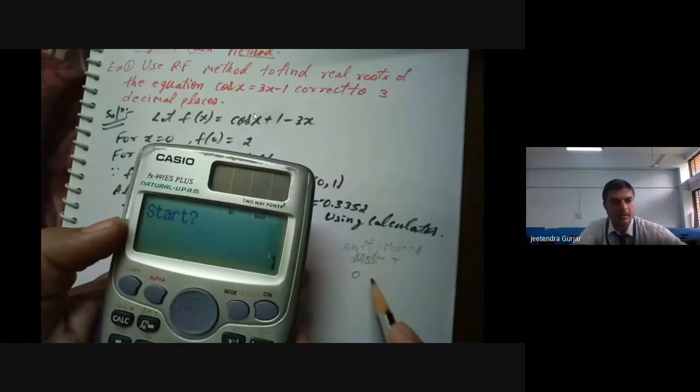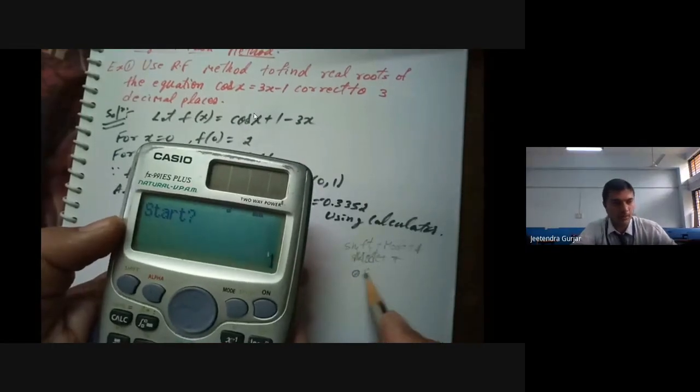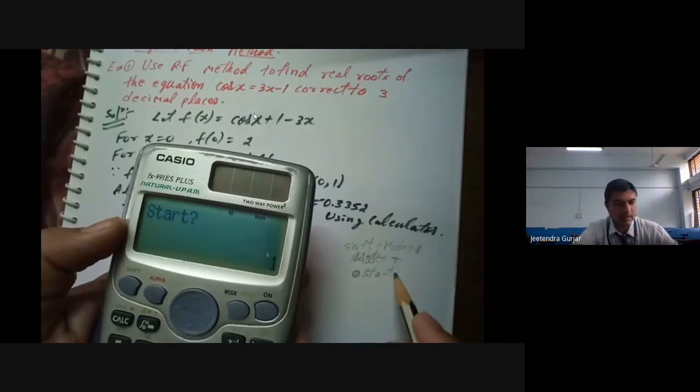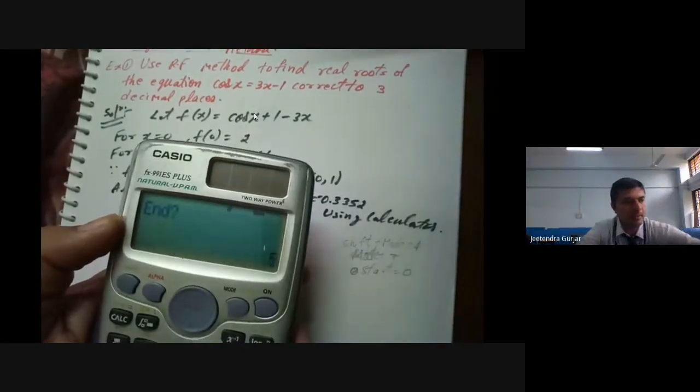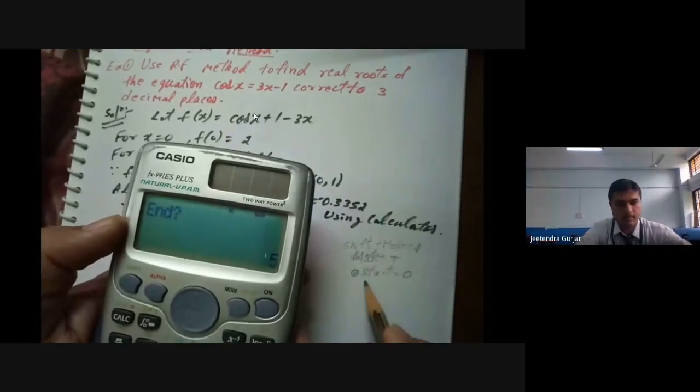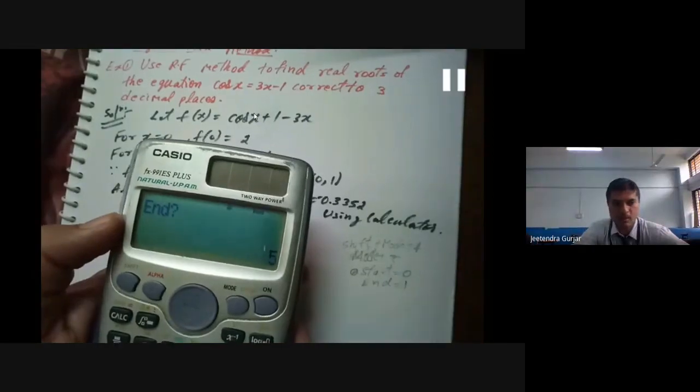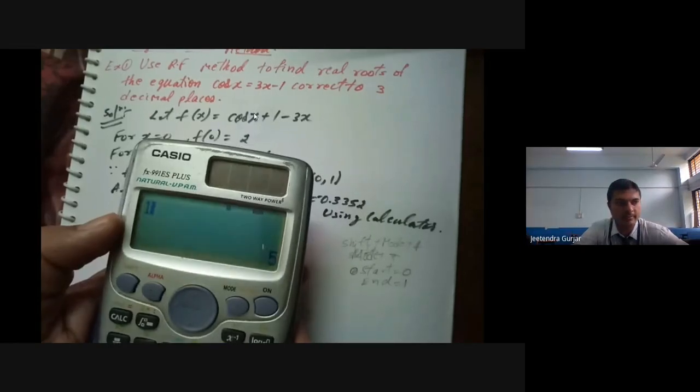Okay, start. This is very, very important. What are you going to start with? Yes, start with 0. As I have told, the initial value will be 0. So just type 0. The start value must be 0. Fine. Then it says end. What is end? End is nothing but 1. We have already seen in the examples that our initial values are always 0 and 1. So I will type 1 here.